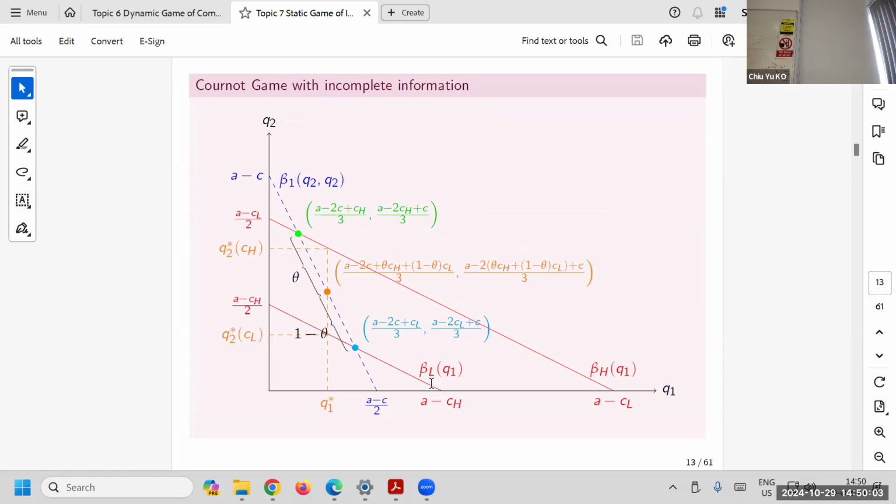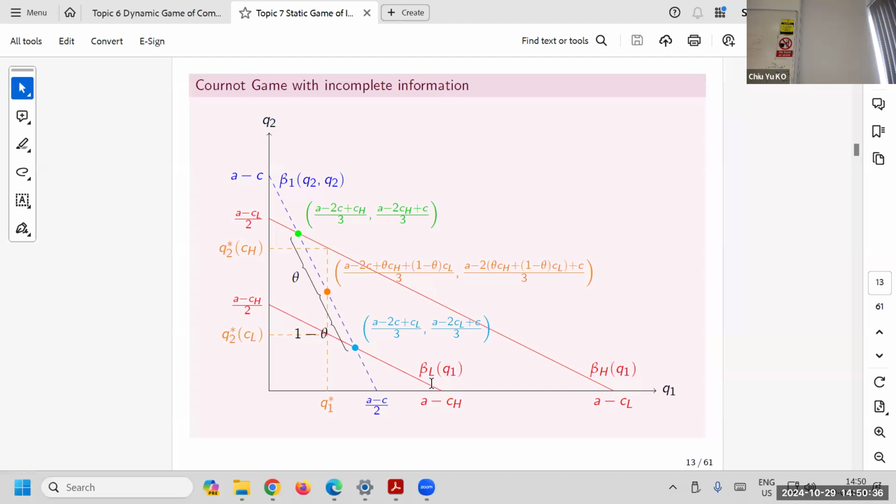Look at this equation. Now, this is a little bit messy graph, so let's try to make sense of it. If you remember how we draw this blue dashed line, it's the standard thing when we have complete information. The blue one is standard. It's A minus C over 2, right? This is the same. There's nothing new from that one. The blue one.